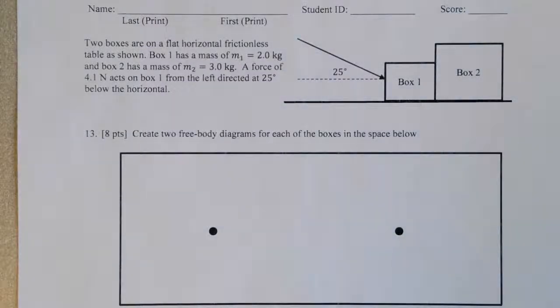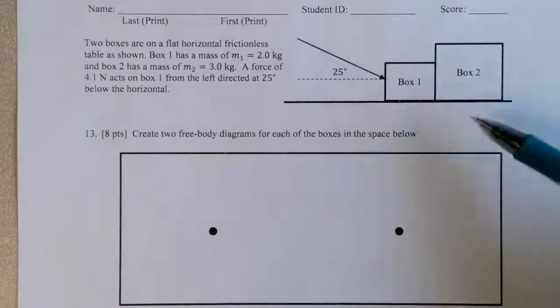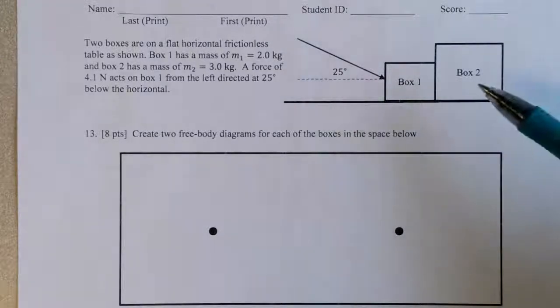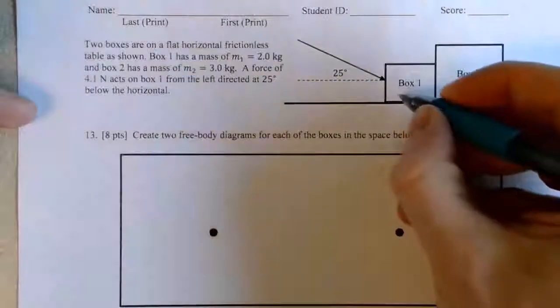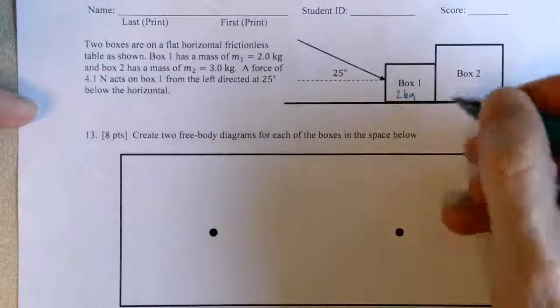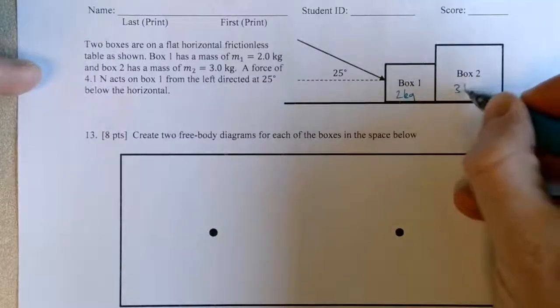Okay, so in this free response question, in the context of connecting objects in Newton's laws, I'll work on just 4 questions to the entire page, and I'll work on the entire 4 in one video. So the context is there are 2 boxes on a flat frictionless table. Box 1 has a mass of 2 kg, and box 2 has a mass of 3 kg,